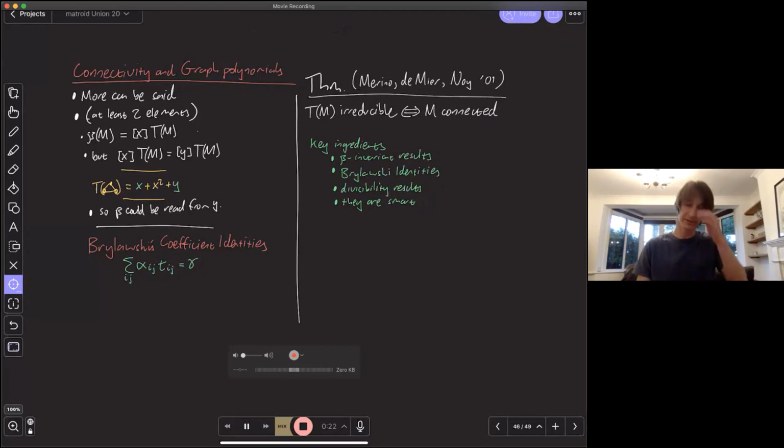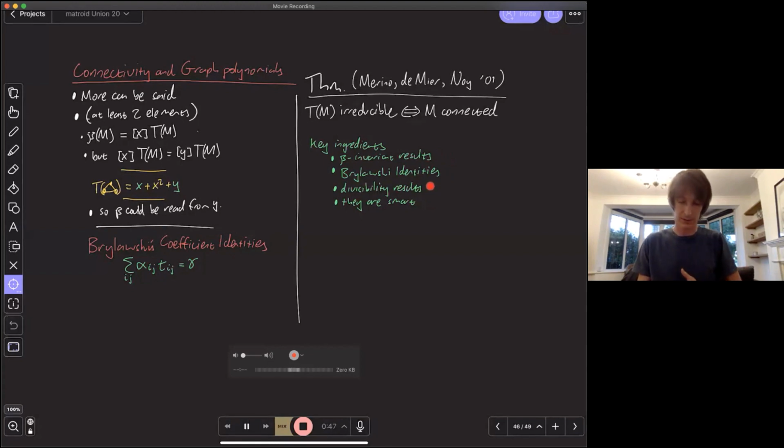But what have we got for the Delta-matroid polynomial? Well, we've got beta-invariant results. Not all of these Brylawski identities hold, but a lot of them do, and you can make use of work of Gary Gordon from 2015 to get a lot of the identities for free, using the rank function of the Delta-matroid. And again, in the Delta-matroid, you can start proving some divisibility results that you need.